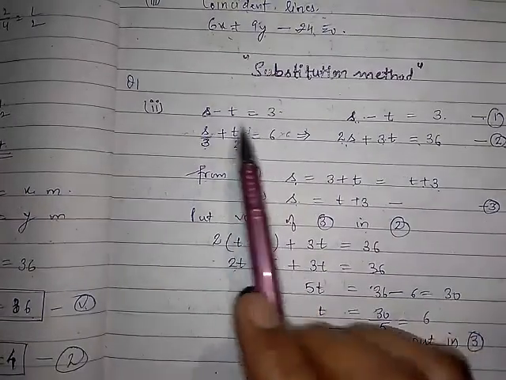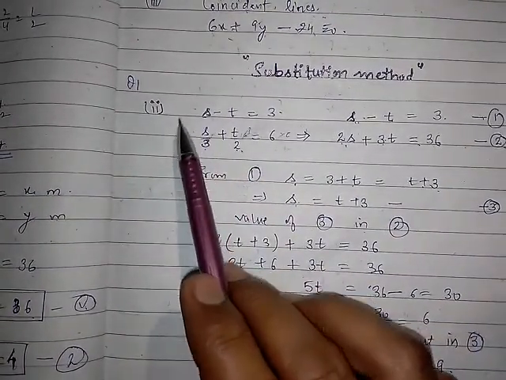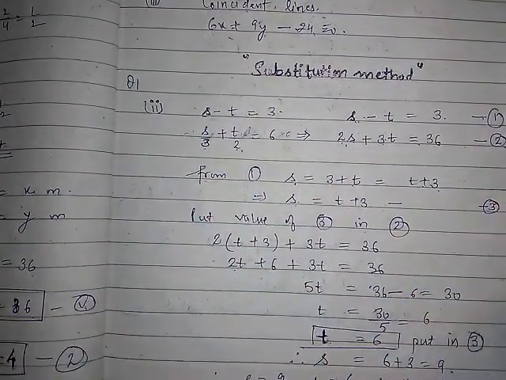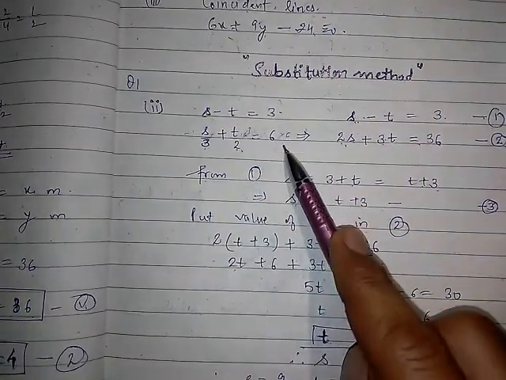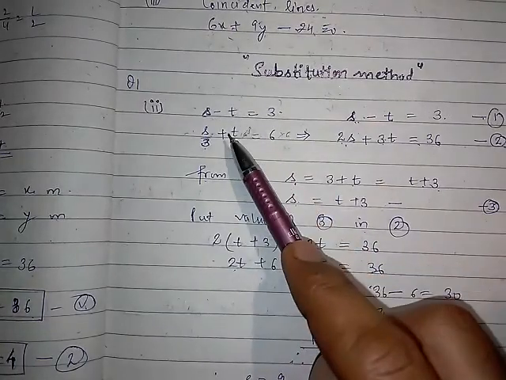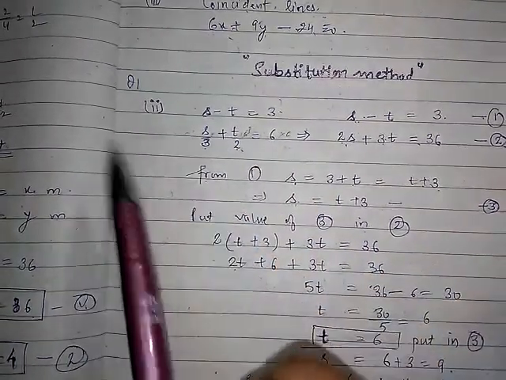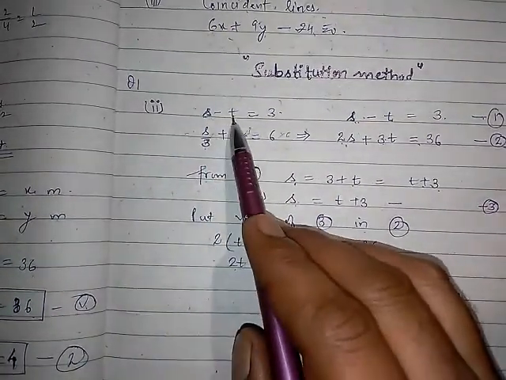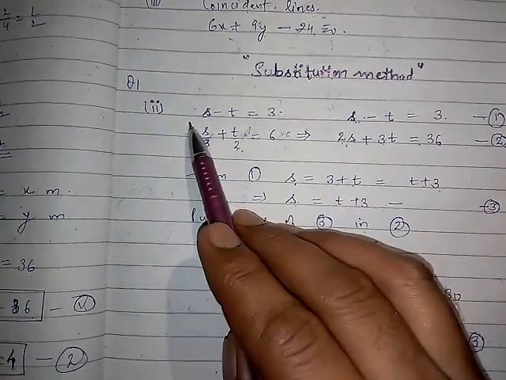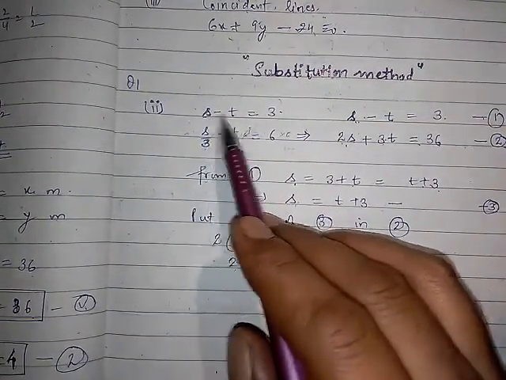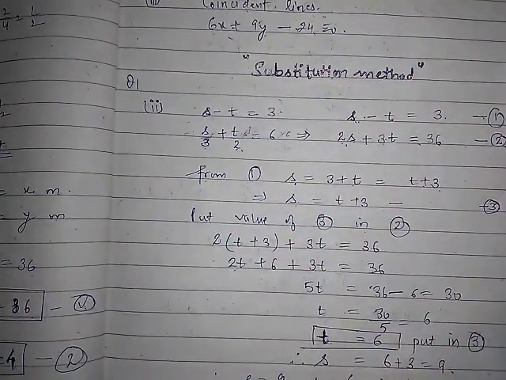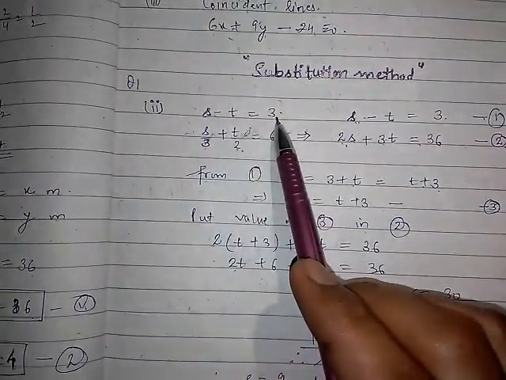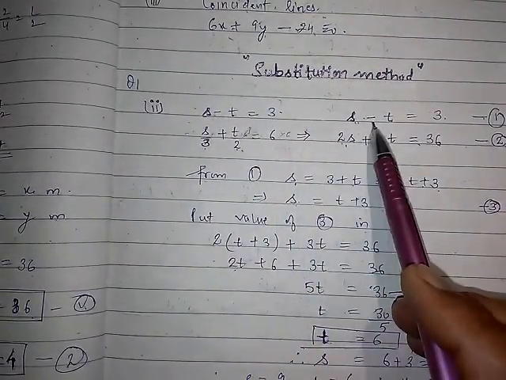So let's see how. I told you earlier, whatever the method is, you will always be given a pair of linear equations. Two equations will be given to you. So here also you are provided with two linear equations in two variables s and t. Earlier we were solving equations in x and y, and here the equations are given in s and t. So a variable can be any alphabet. It can be u, v also. Clear? So this is in the standard form, general form, so it will be written as it is.